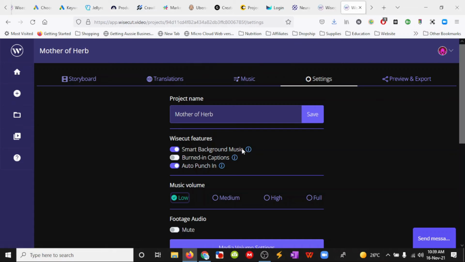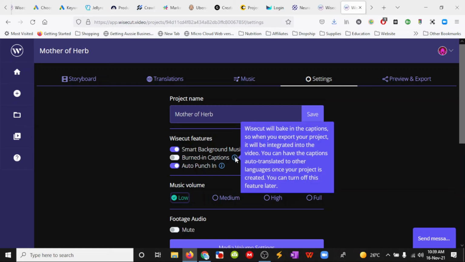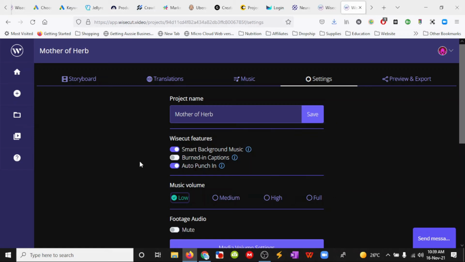Burn in, so smart music background, so that's putting the music in. Burnt in captions means that the subtitles and the video are linked into the one file. So, you know, uploading to YouTube, the captions will already be in there. And automatically